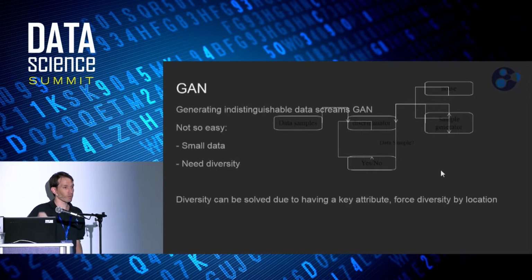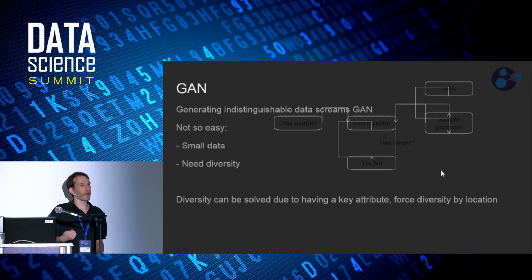Now, one of the problems with using these deep learning style techniques is that we typically have expensive data, so we don't have a lot of data. And one of the key problems is that the generator can encode the training data, even if it doesn't see them directly. And it will start producing candidate examples which are essentially the same as trained examples. So we need to impose diversity.